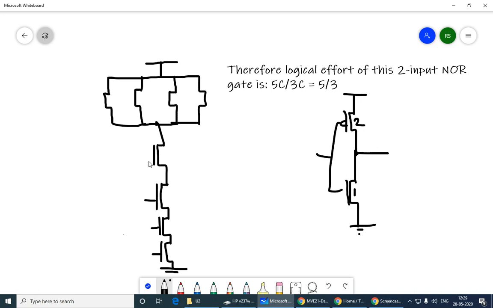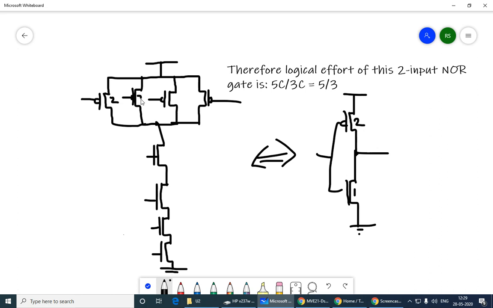Okay, so you can be calculating the sizes of the transistors that I have to put, and once we have that, then we will have all the details that are required. We can calculate the logical effort. Again, equivalent inverter is unit inverter, so that part is fixed, 2 1. So we want this to be equivalent, so we will go in the reverse direction. We will go from these sizes to these sizes, so parallel all of them, so easy to do that.